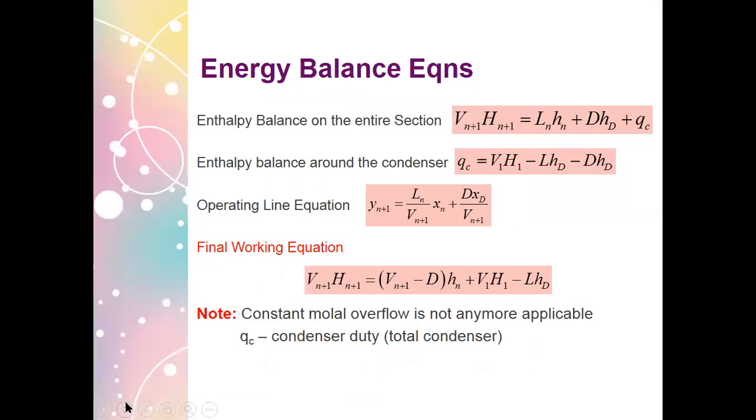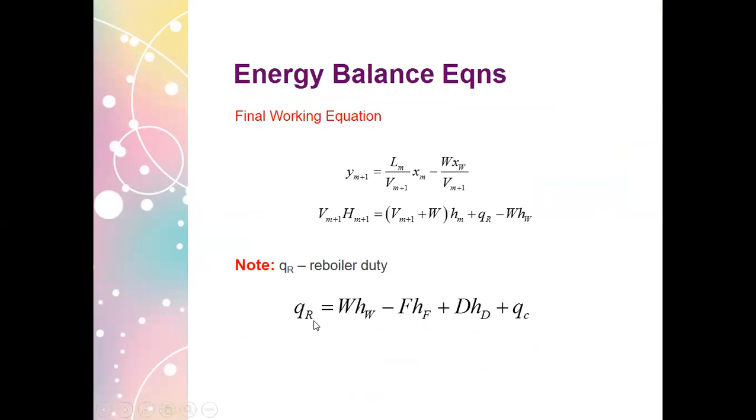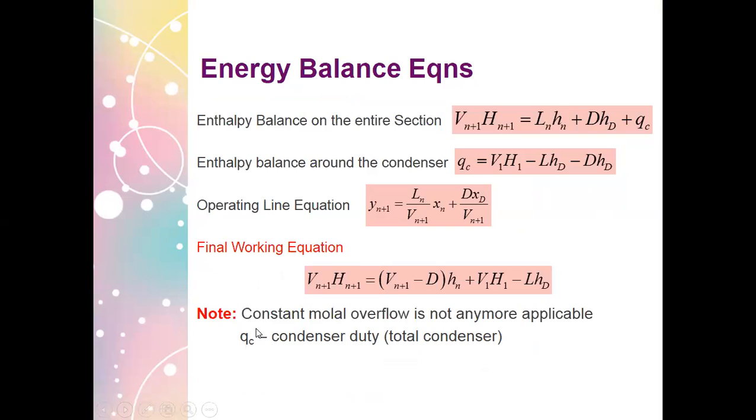Okay. And you have these balances, the energy balance equations that would lead you to determine the condenser duty and the reboiler duty. So the last part here is about the condenser duty and the reboiler duty for your distilling column. I think the name itself implies the reboiler duty, the amount of heat that should be supplied to your reboiler, the condenser duty, the amount of heat that your condenser should be able to absorb. For that matter, the cooling water that is being supplied to your condenser. That way, it's able to convert the vapor to liquid. So that is why condenser duty.